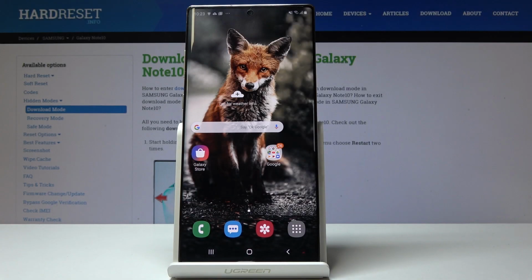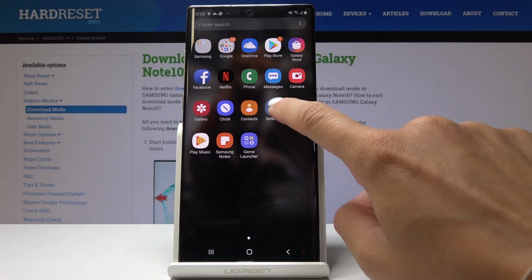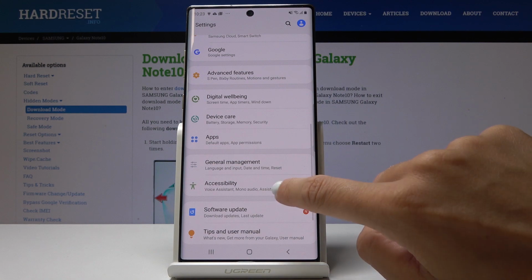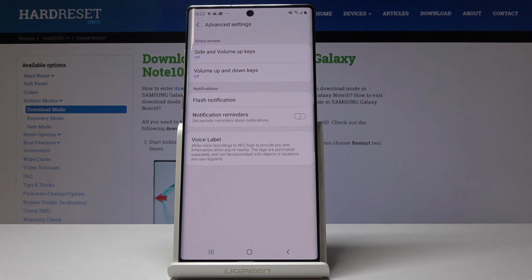Here we've got Samsung Galaxy Note 10 Plus, and let me show you how to add shortcuts to your side keys on the following device. So at first, let's open the list of all applications, then find and pick the settings, scroll a bit down and select accessibility. Now you have to pick advanced settings, and here under direct access you will find both possibilities,